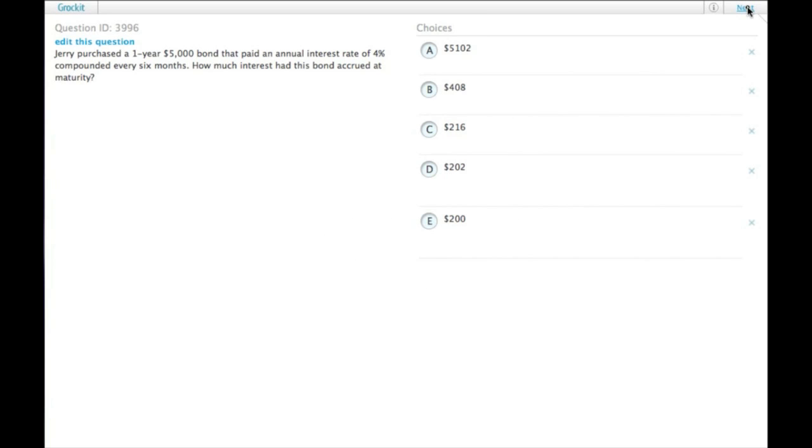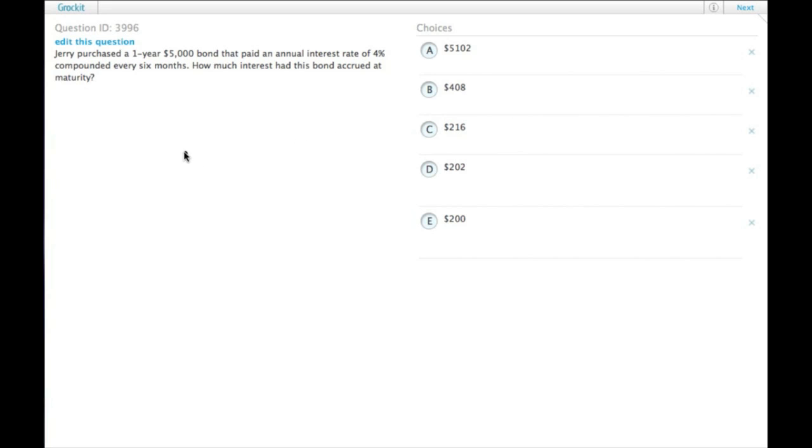Jerry purchased a one-year $5,000 bond that paid an annual interest rate of 4% compounded every 6 months. How much interest had this bond accrued at maturity? So it is important. You won't necessarily get interest questions on the GMAT, although you might, and so you may